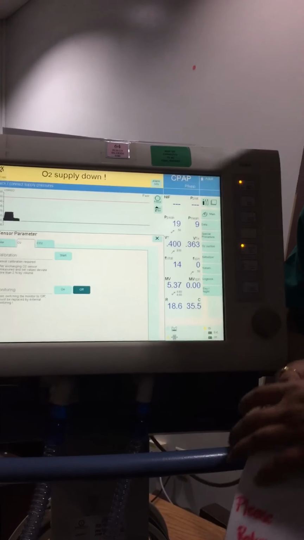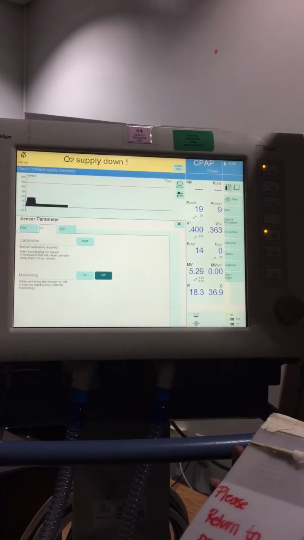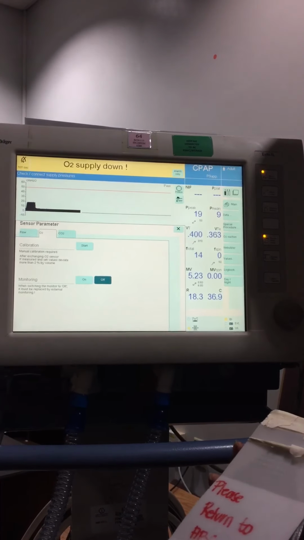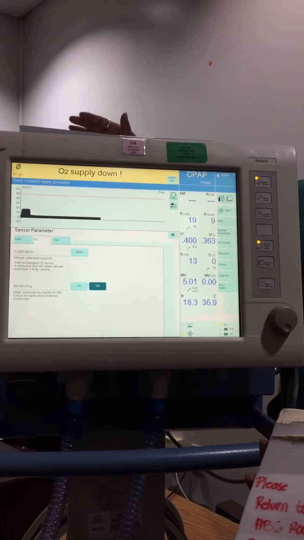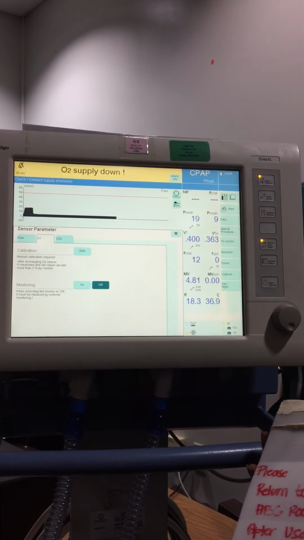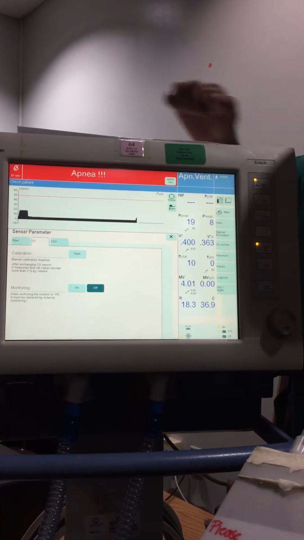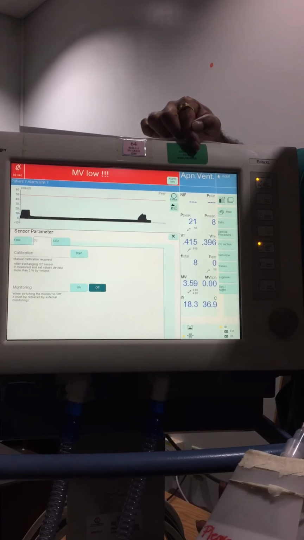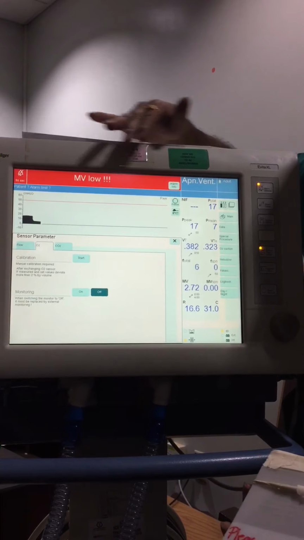Okay. Now the patient is ventilated with CPAP. So the patient is not breathing. If the patient is not breathing, what will happen? The patient will hypoventilate, desaturate, become bradycardic, and arrest can also happen. The ventilator itself will prevent that. It will detect apnea ventilation. It will wait 15 seconds. In the 15 seconds there is no ventilation.